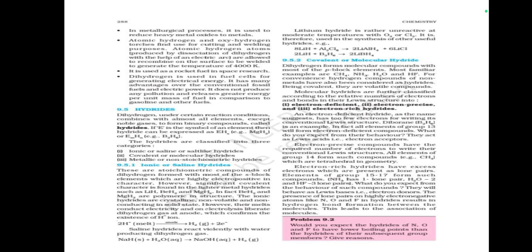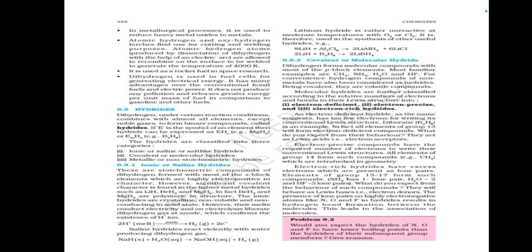Dihydrogen, under certain reaction conditions, combines with almost all elements except noble gases to form binary compounds called hydrides. If E is the symbol of an element, then the hydride can be expressed as EHx. Examples: MgH2 and E2H6, for example B2H6. The hydrides are classified into three categories: ionic or saline or salt-like hydrides,